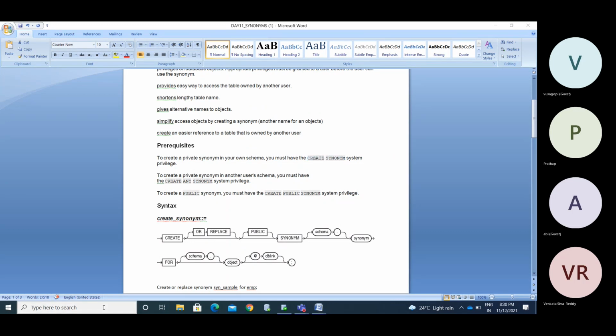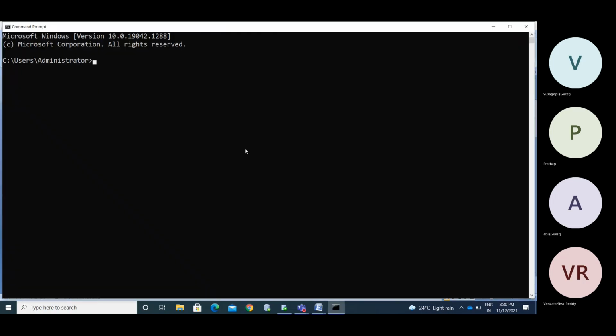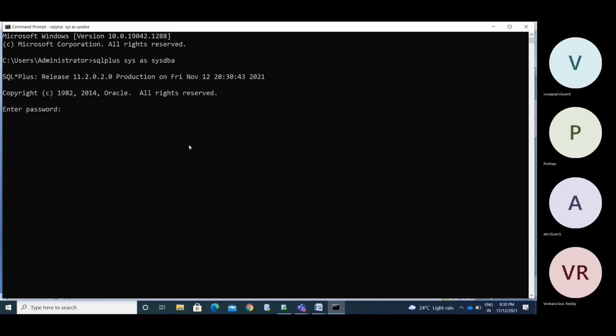In the command prompt, I will connect to the admin user, sorry, connect as sys as sysdba. It won't ask for a password. Now we need to provide the grant to HR.